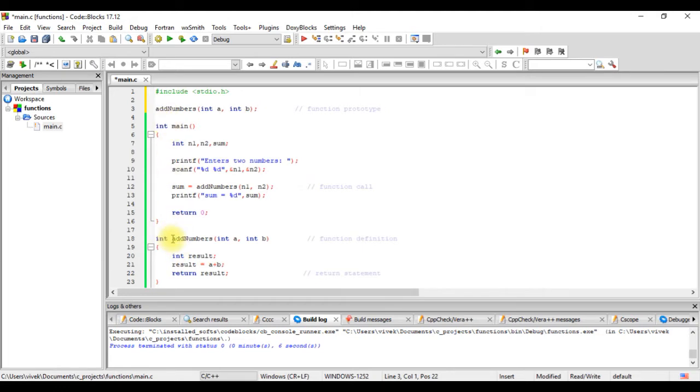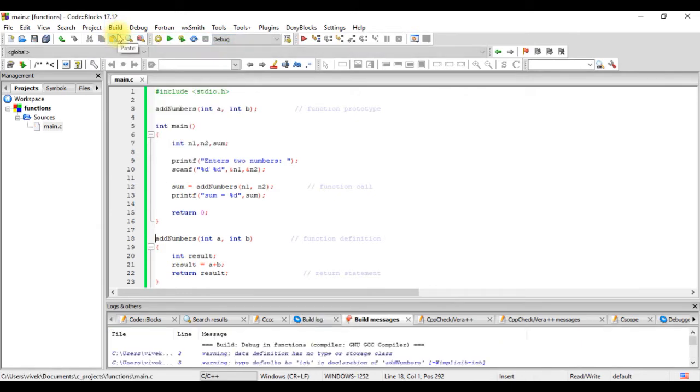One thing to note here is, even if we don't mention the return type, so let's say I don't mention it, let me build it and see what happens. It gives me a warning that the return type defaults to integer in declaration. So right now it's okay for us because we want it to be integer, but it's always a good practice to mention the return type even if it is integer. Otherwise there can be confusion that it might have been missed by mistake.